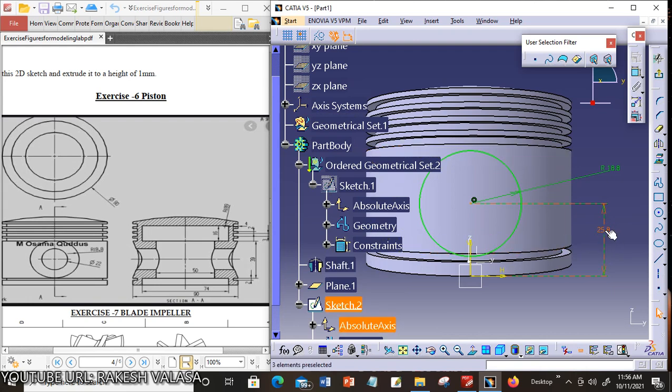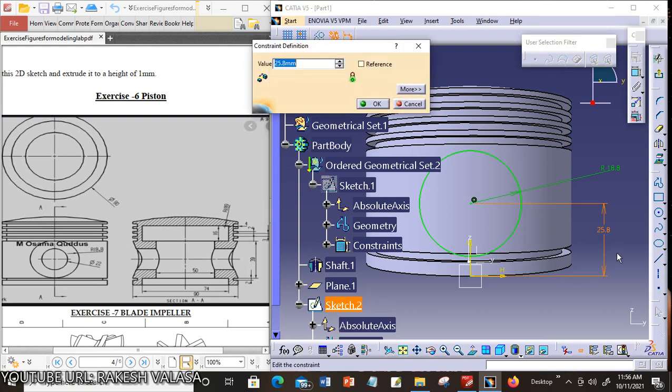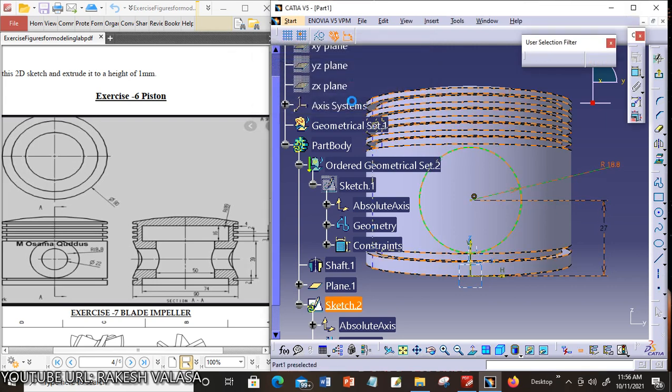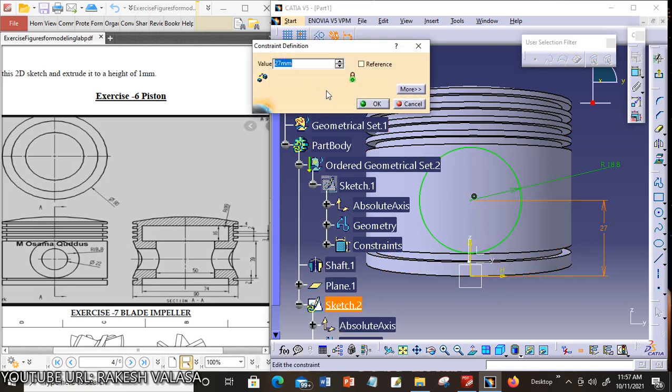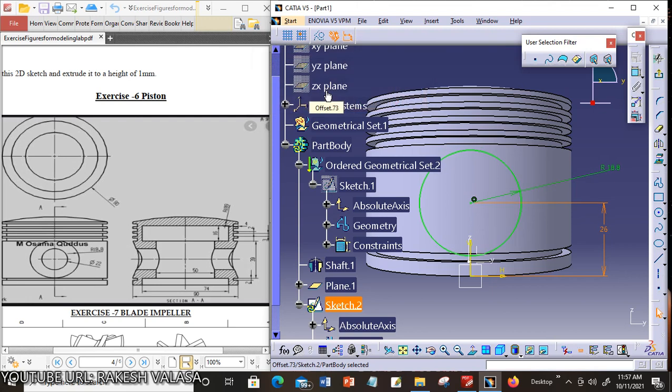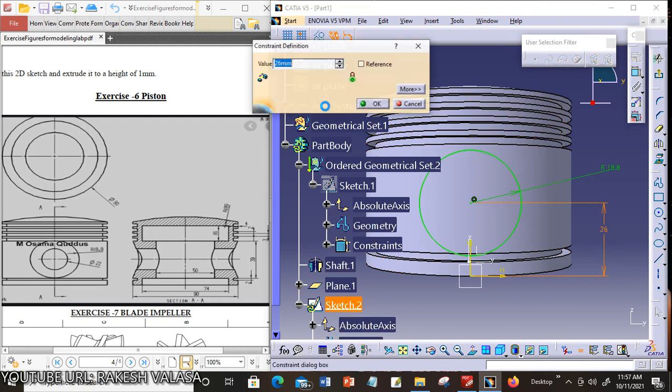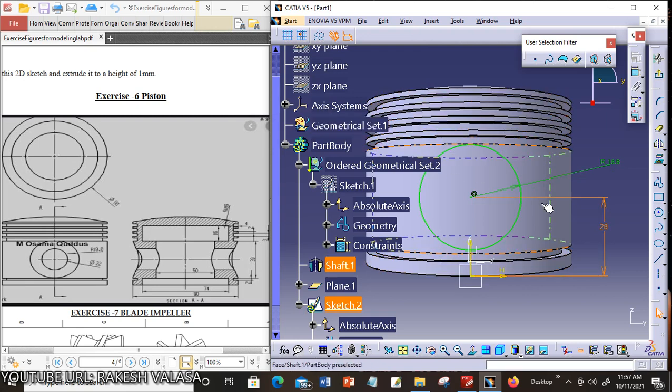You can also change the dimension. I want to increase this dimension, that is 27, or 26 as you wish. Now I'm taking 28 for correctly applying the pocket tool.